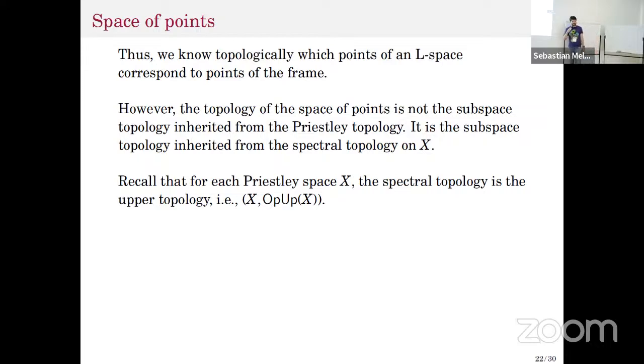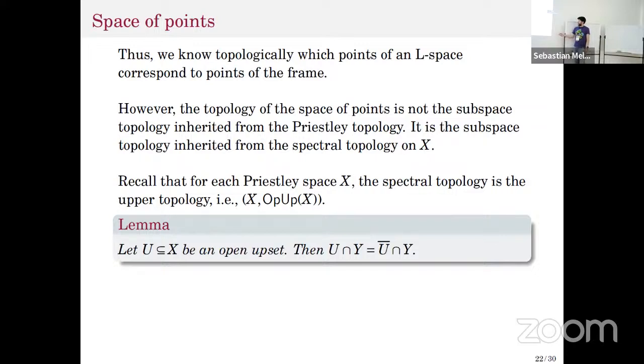And if you think about the topology of the space of points, you have an element in the frame, and you take all the points that contain that element, right? The elements in the frame are your open sets. But the elements in my Priestley space are the clopen upsets, right? So the topology should come from the clopen upsets. And unions of clopen upsets are open upsets. But